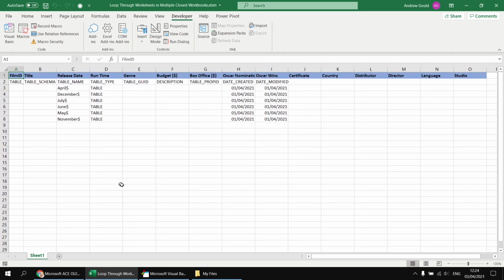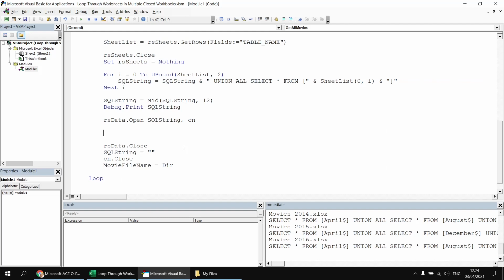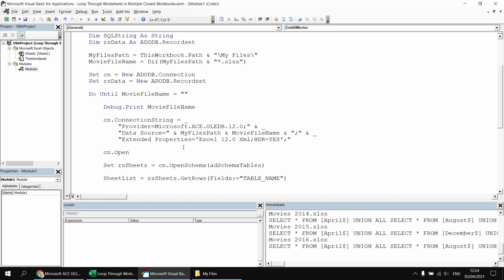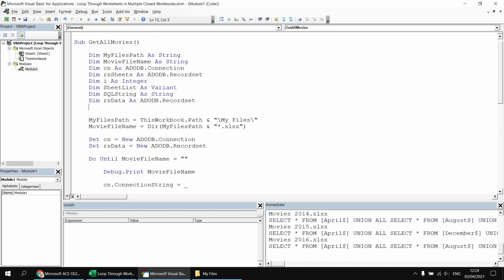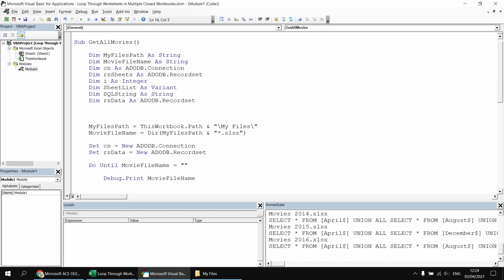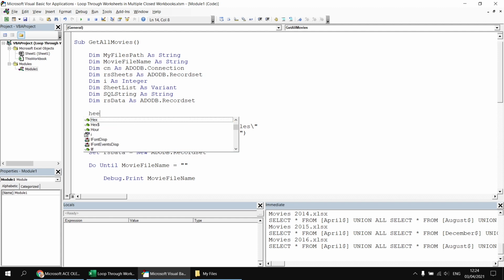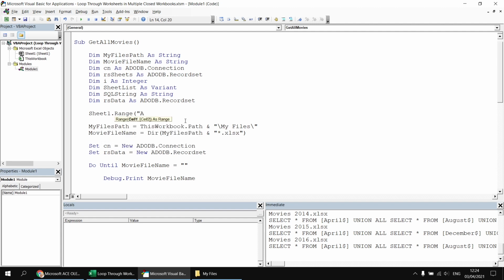So let's head back to the Visual Basic Editor first, and then let's add in the line of code that will clear the contents of the worksheet, except for the column headings. I'll do this just after the list of variables. I'll refer to the worksheet using its code name, Sheet1, so I can say Sheet1.Range("A1"), and then I'm going to refer to the CurrentRegion